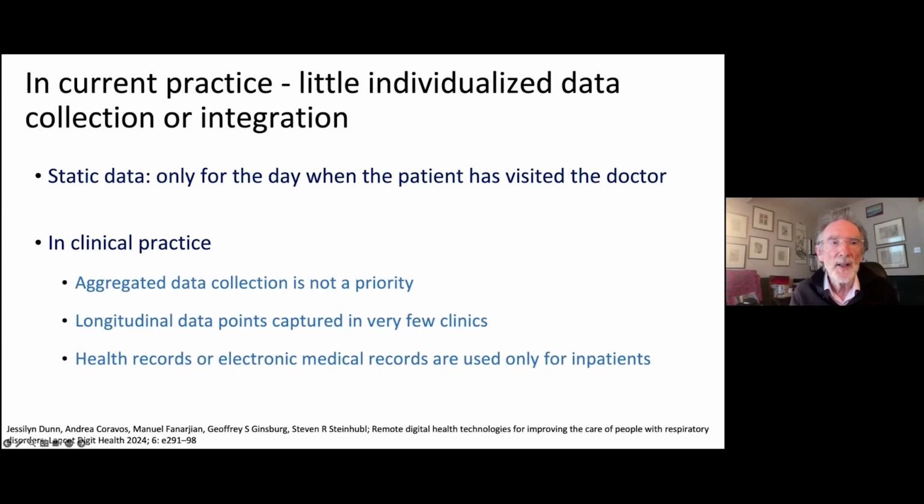It's not a priority. Longitudinal data points are captured in very few clinics. I know almost nobody who actually plots out their patients' investigations or their results over a period of time. In hospitals, it's better. We have electronic health records, and sometimes these plot out results. You can plot the biochemistry results over time, for example, but that's not really used at all in chronic disease